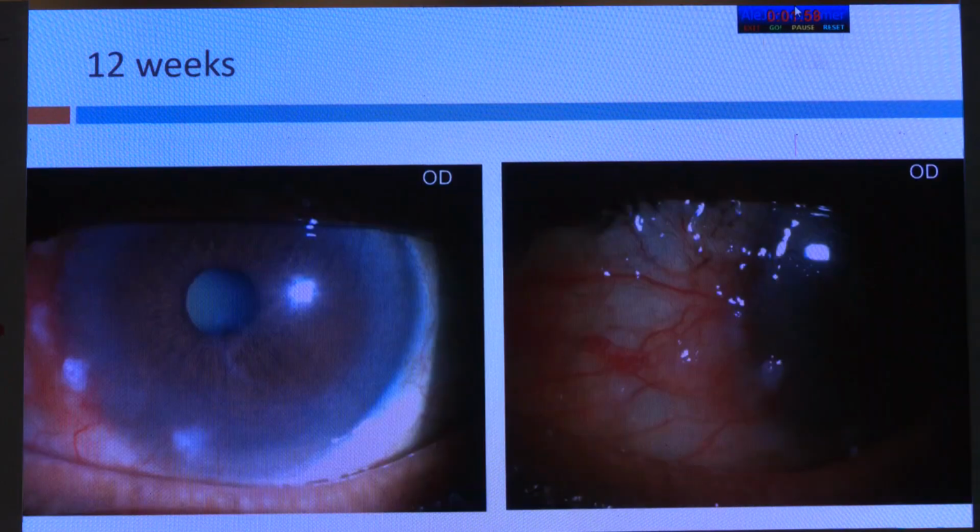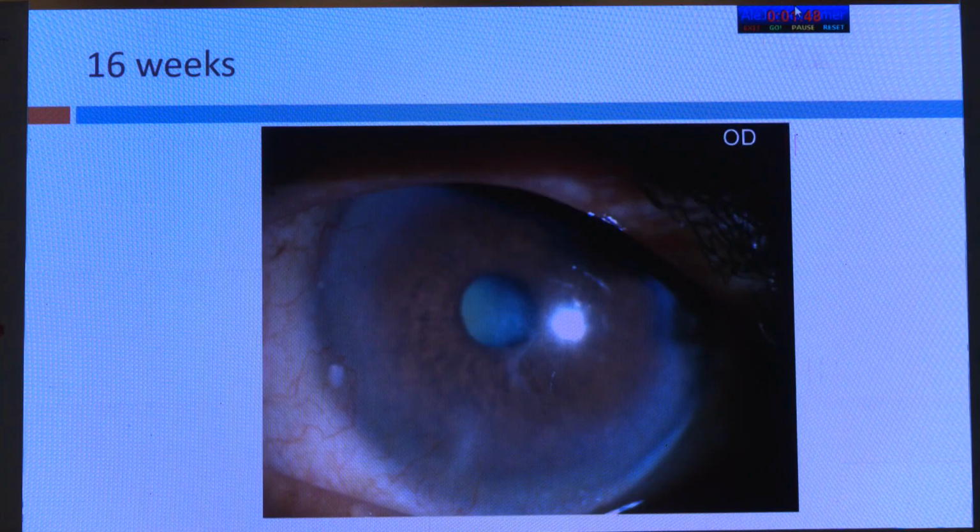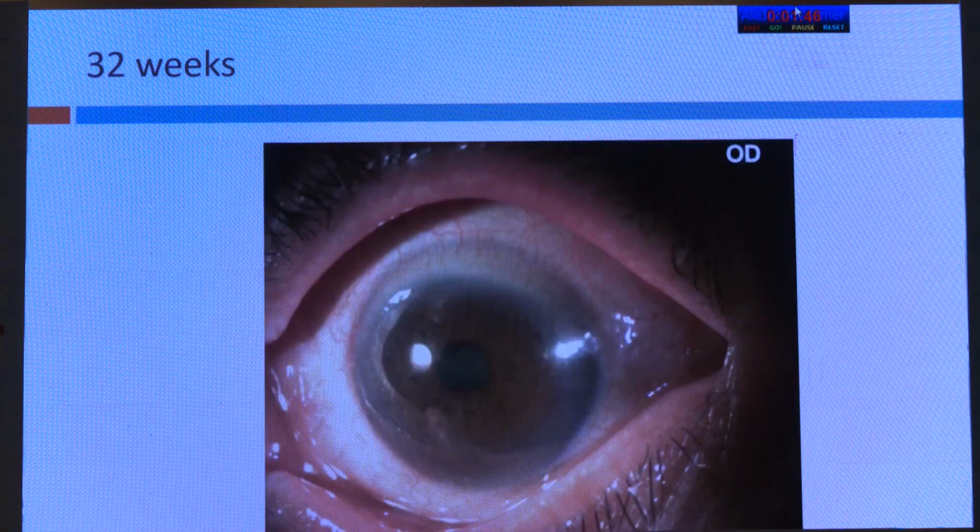At 8 weeks, this is how the patient looks. In 12 weeks, we kept repeating the injection every 4 weeks, and drops were continued till the lesions resolved. We gave 3 injections and continued the patient on topical therapy. This is how the patient looks at 4 months and